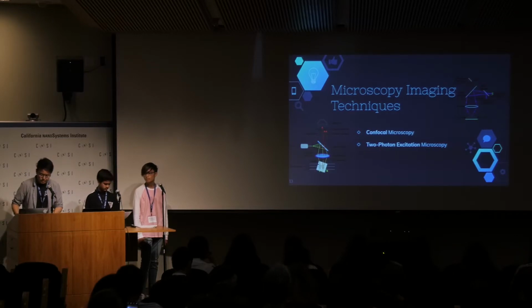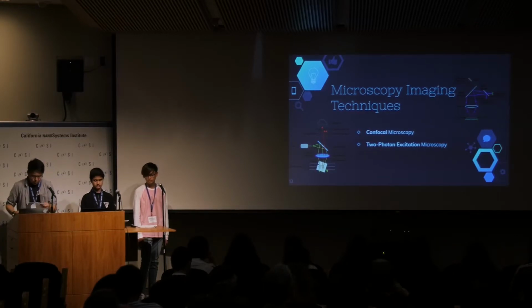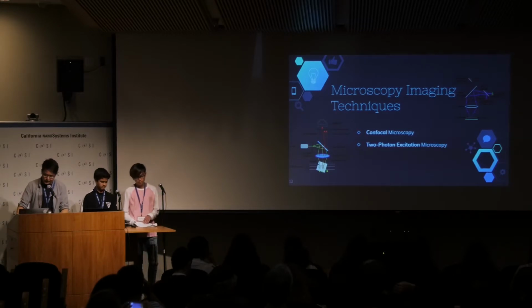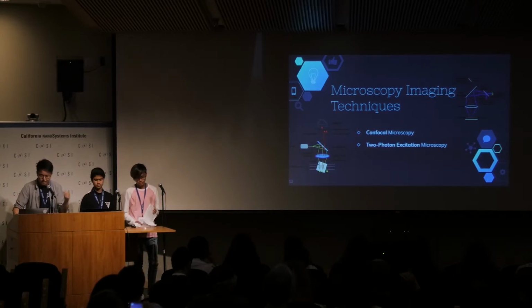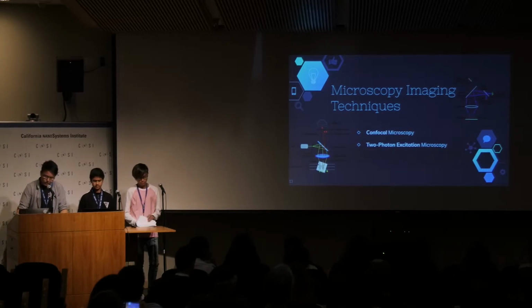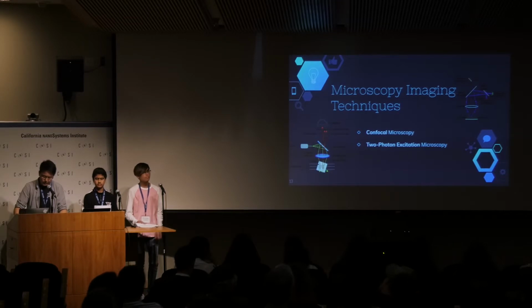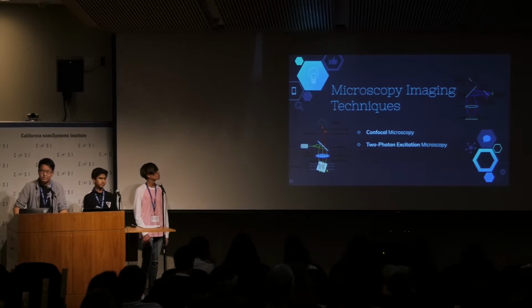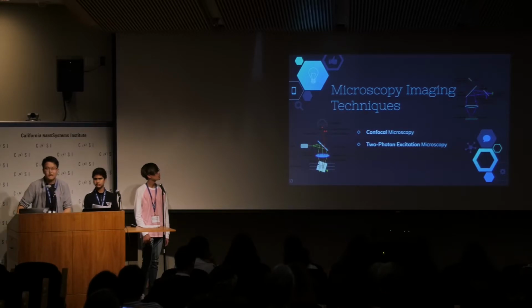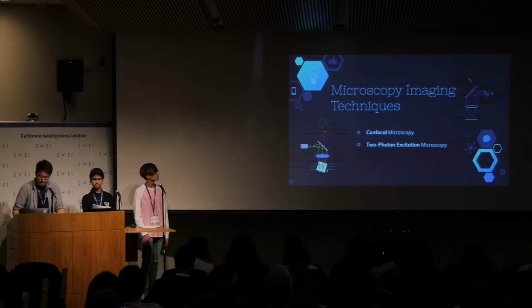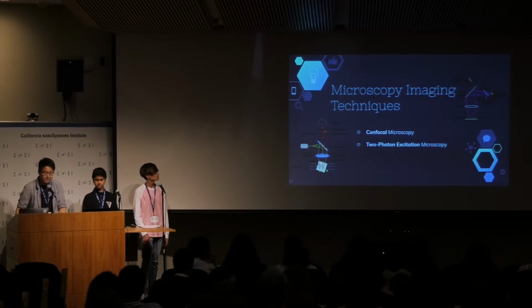And the microscopy imaging techniques. We will be using two different microscopy techniques: the confocal microscopy, as I mentioned before, and the two-photon microscopy in the research. The confocal microscopy will provide us 3D images regarding how the ibogaine is countering the DARPP32. And the two-photon microscopy can look into deeper tissues and the DARPP32, so we can look at how the relationships have changed and if our hypothesis is correct.